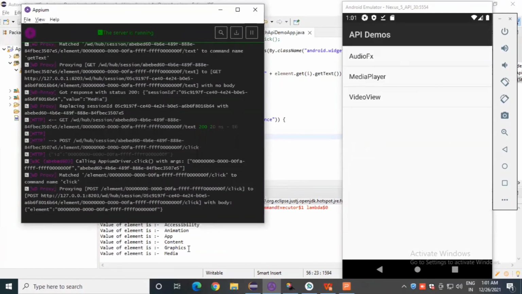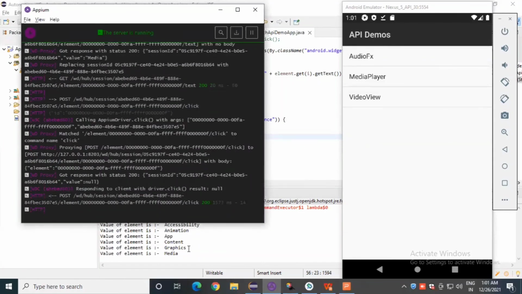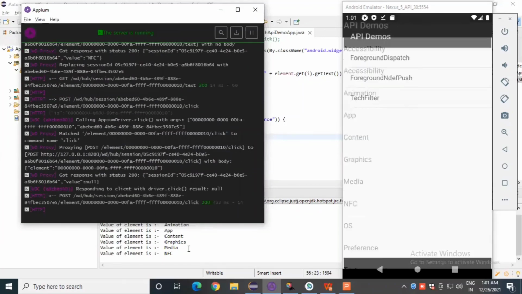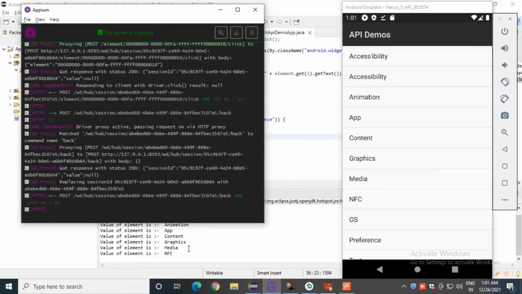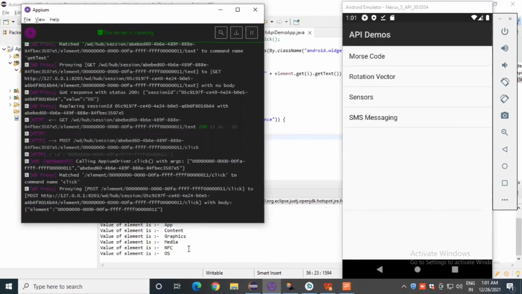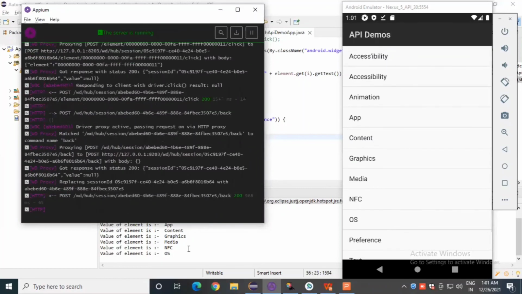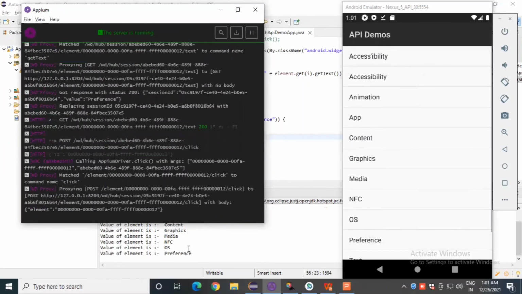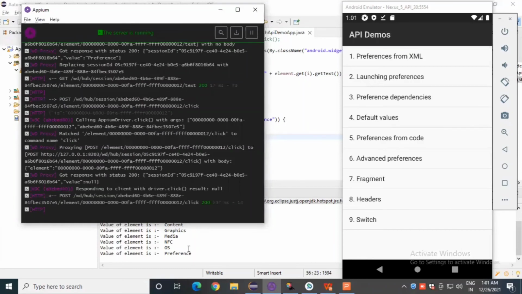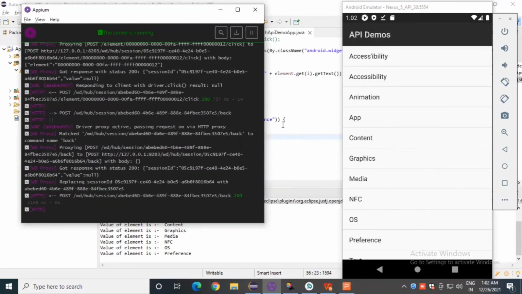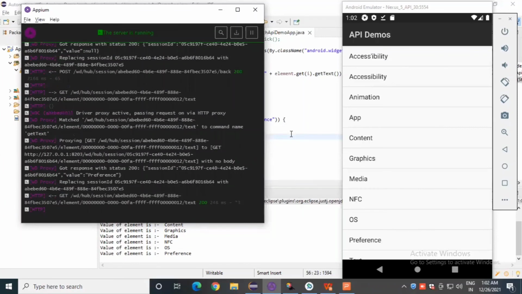Okay, let's click on media now. Okay, perfect. It clicks on NFC. What should we click on? OS, right? Okay, and it should click on preferences, and it should stop our script because we have broken our script after preferences, right?